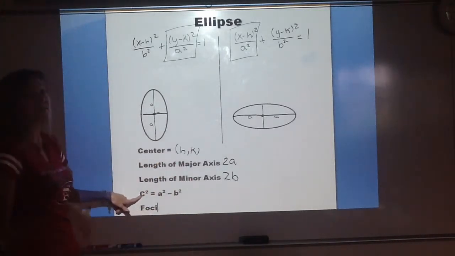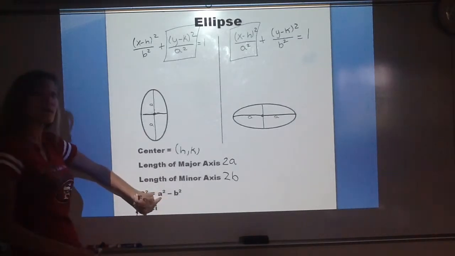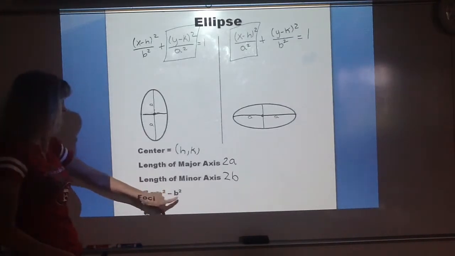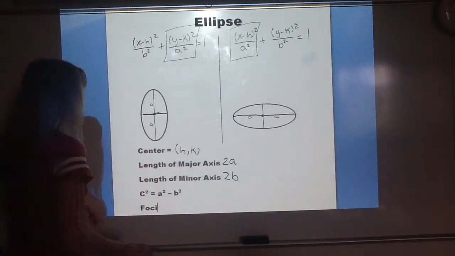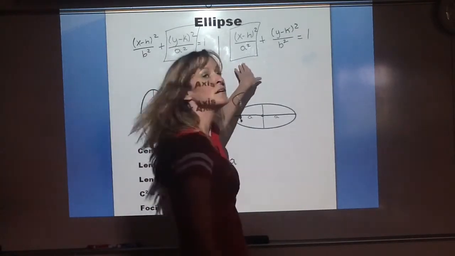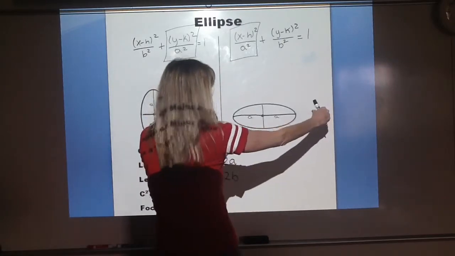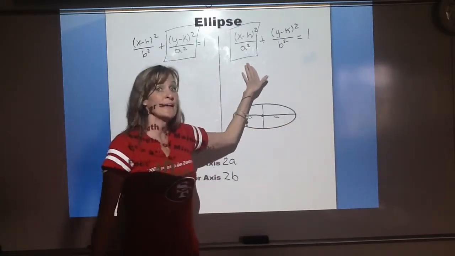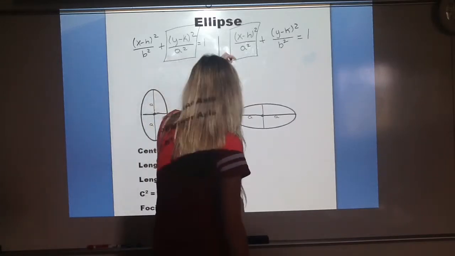And so c squared is a squared minus b squared. So the bigger denominator minus the smaller denominator is c squared. Then I would take the square root of that to find c. Okay, if my major axis is horizontal, so my bigger denominator is under the x, then my foci is going